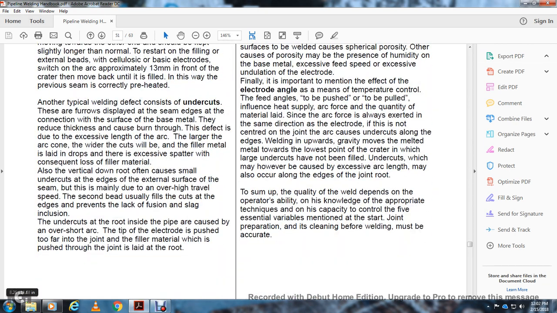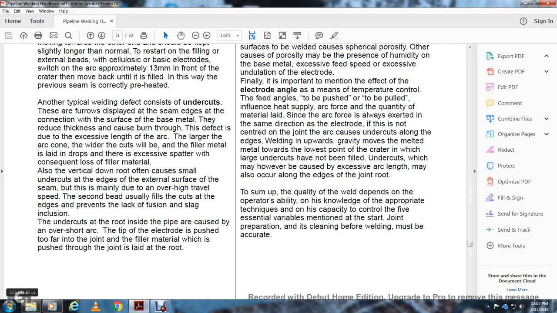The next defect is the undercut. It is displayed at the seam edge, at the connection with the surface of the base metal, with a reduced thickness, caused by the burn. The defect is due to excessive arc length, a large arc of the comb with wider cuts. So these will be in the filler metal with a large laid drop and excessive spatter, with the consequent loss of filler metal. In vertical down welding of the root, often a small undercut